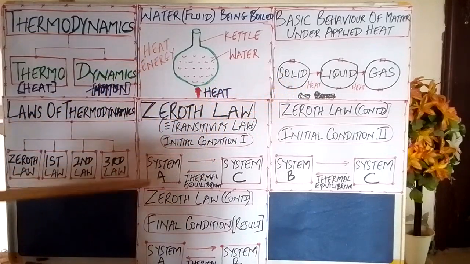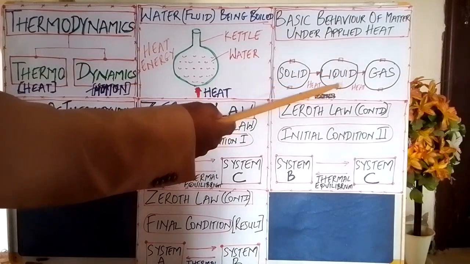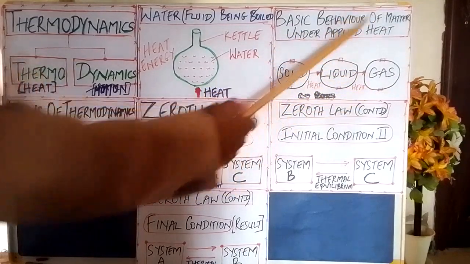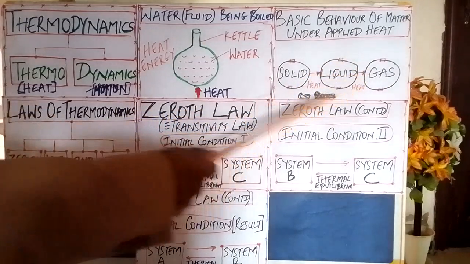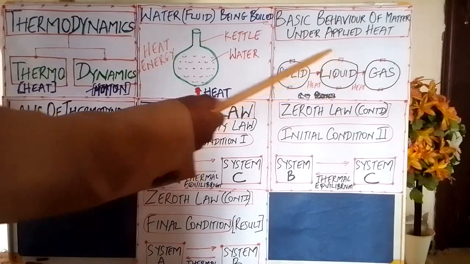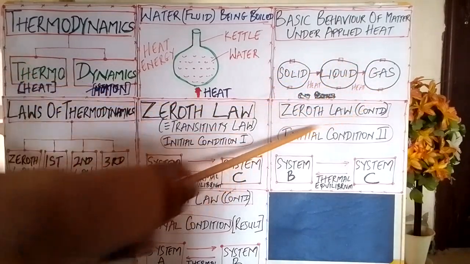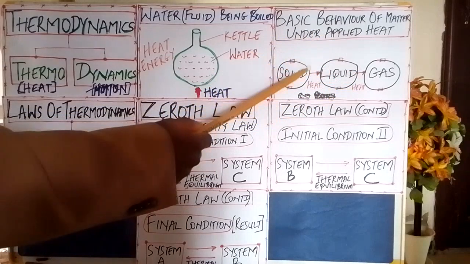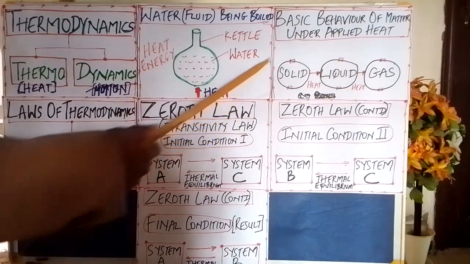So we have a typical solid. It could be like your cube of sugar, for instance. When you apply heat to it, it melts and becomes liquid, and you keep on applying heat, then it turns to its gaseous state. And that's when you start seeing the vapor coming out. So it's a simple illustration of the transition from the solid state to the liquid state to the gaseous state. And of course, whatever energy you generate, in line with the law of conservation of energy, can be converted from one form to the other, but the total amount of energy remains the same.